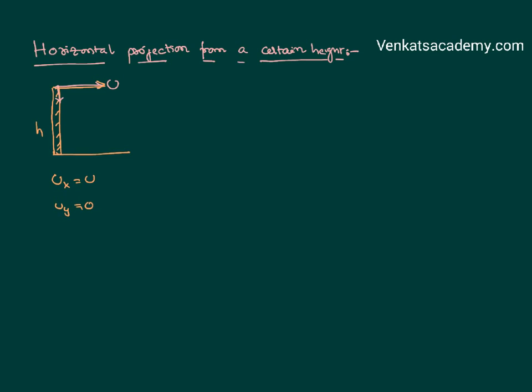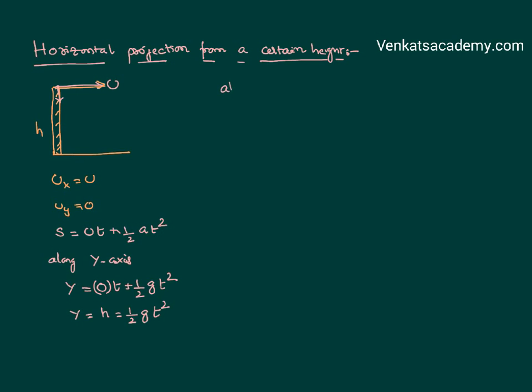I will use the same equation we have used earlier, s equal to ut plus half at square, to calculate the displacement along the x-axis as well as the y-axis. Say, for example, along the y-axis the displacement that it covers is y. Using the above equation, u is 0, and half a is plus g because now it is coming down. So the displacement y equal to h is nothing but half g t square. (1)